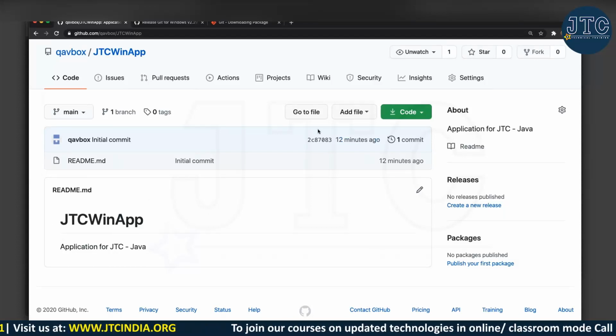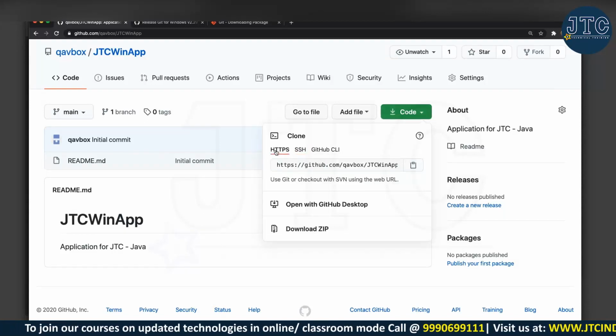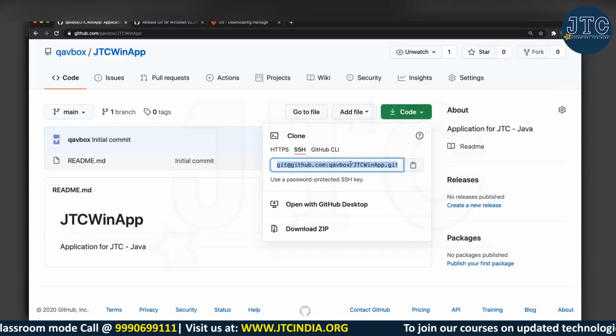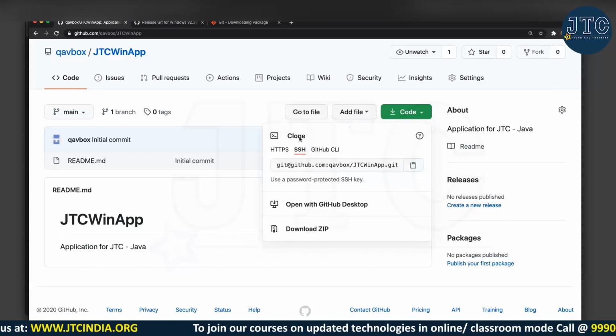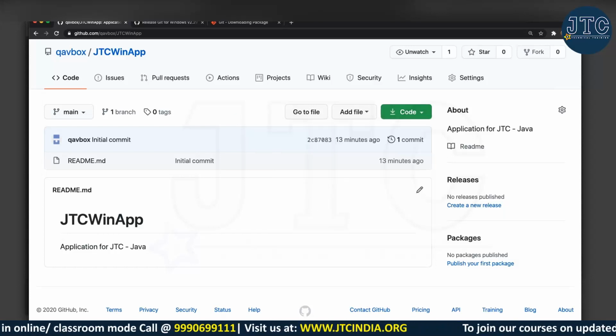Now if you go to this code button, you will see something called HTTPS and SSH. I will copy this one. This is my destination folder actually. You can use HTTPS also, but I always prefer to go with the SSH destination path.